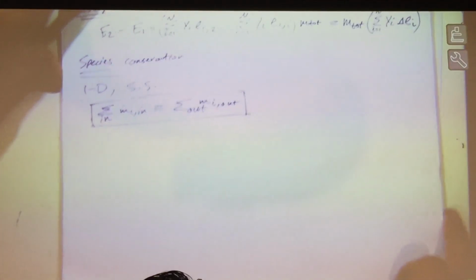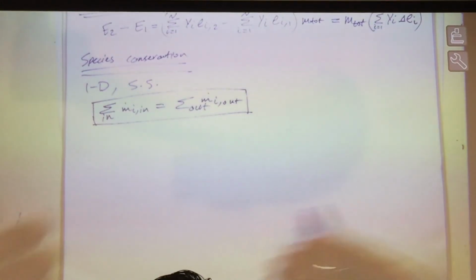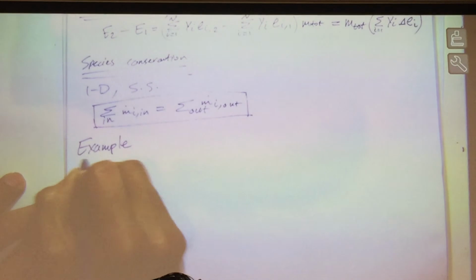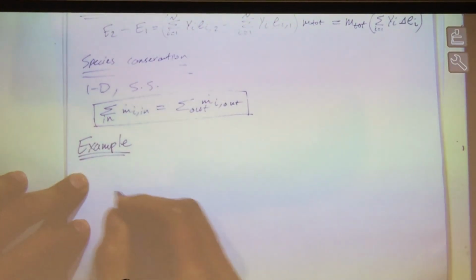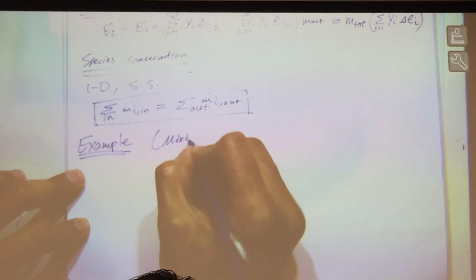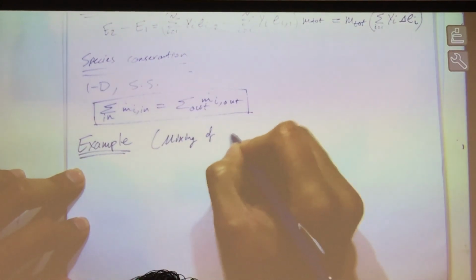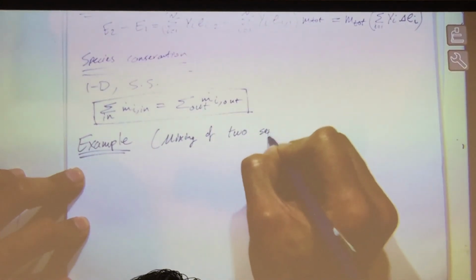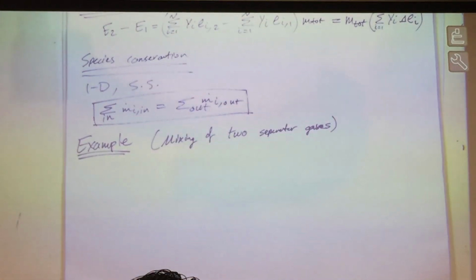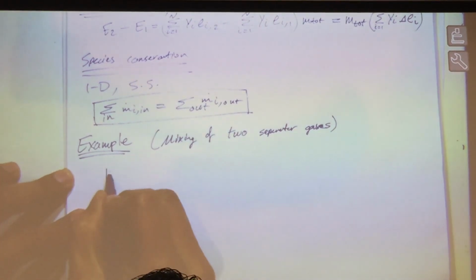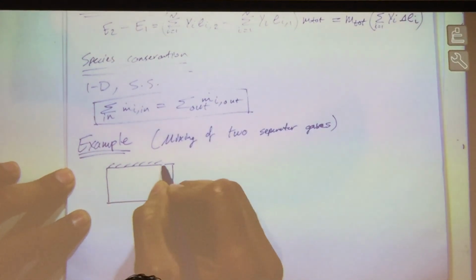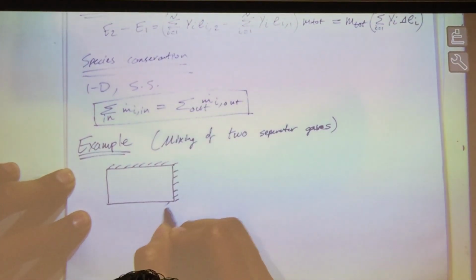Let's do an example, and then you will see some of these equations being applied. We're going to do a big example leveraging everything you just did. So, example: mixing of two separated gases. I have a container that is insulated, so I don't want any heat losses outside of